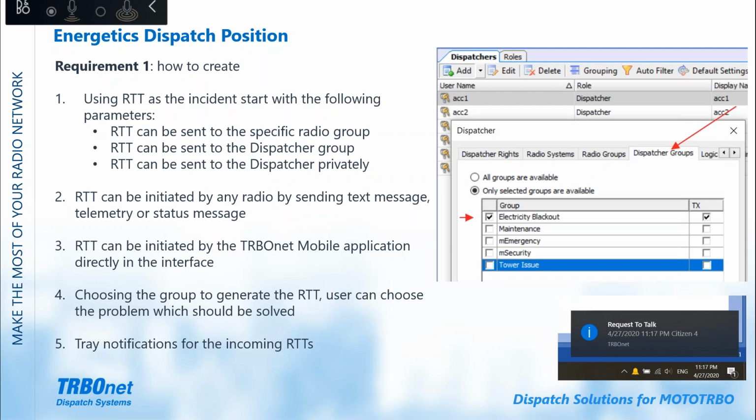So all the issues from the radios in the field reported to electricity blackout will go only to these specific dispatchers. All the issues to the maintenance only to those specific dispatchers. But the supervisor has the option to see everything. And one more thing: sometimes dispatchers are sitting with the TRBOnet dispatch system screen